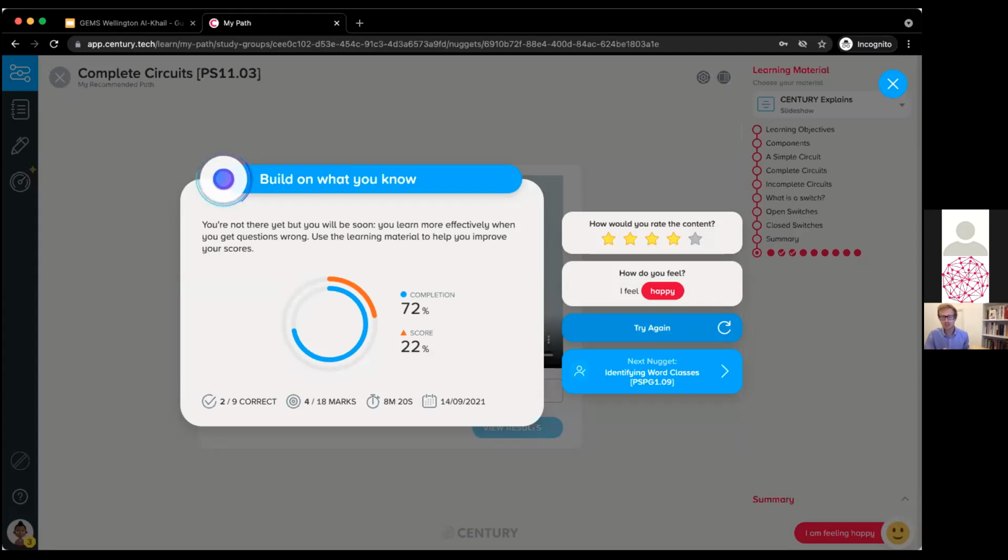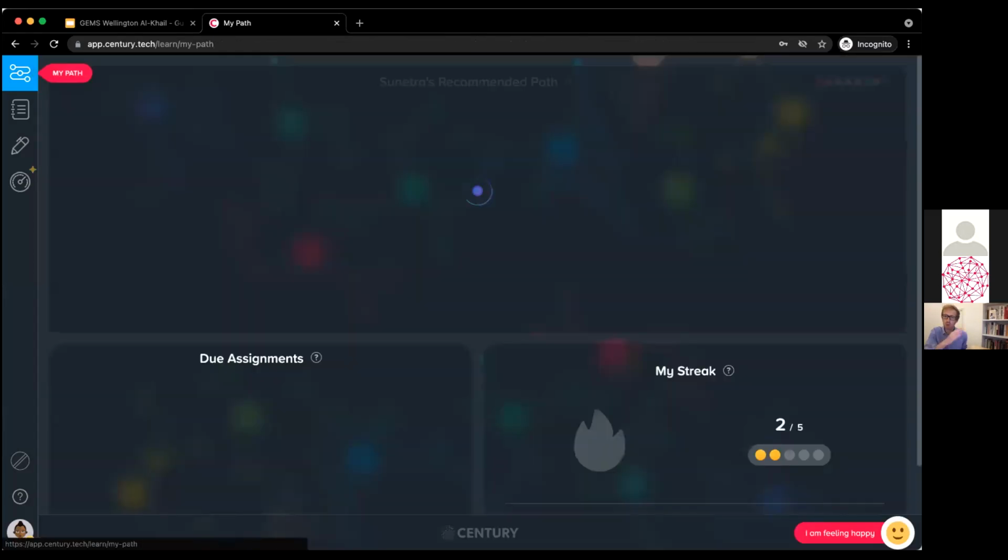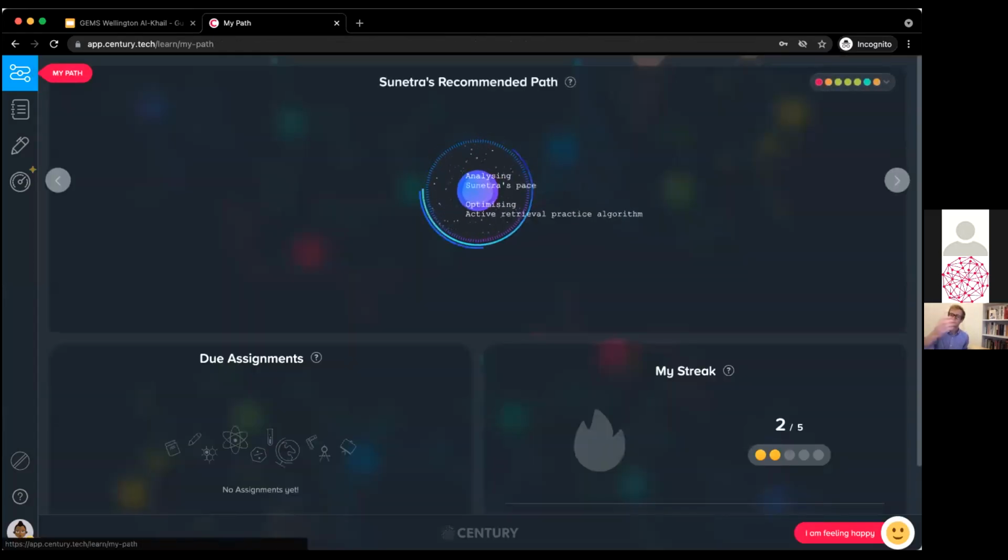They'll get different questions assessing the same area, but it's a really good form of building up that resilience and positive behavior towards learning. Or they can move on to whatever's being recommended next in their pathway. And so that's how the pathway works, and it will work in a very independent way and bring things forward